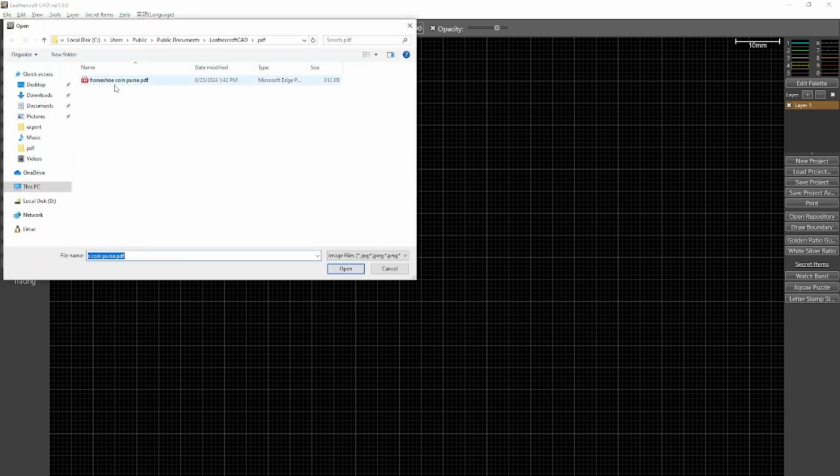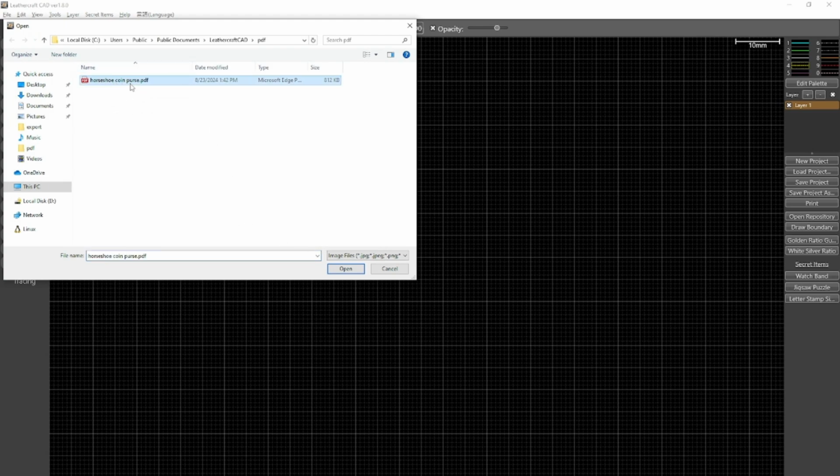Until the previous version, if you are a Windows user, you could import either a PDF or PNG file as a background tracing image, and if you're a Mac user, you could import a PNG file. But for the PDF file, you could import only a PDF with a single page in it. If there were multiple pages, it didn't work. But from this version, you will be able to import a PDF file with multiple pages in it.